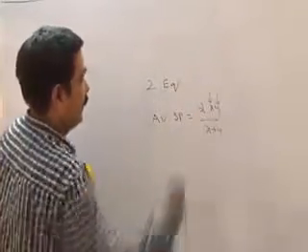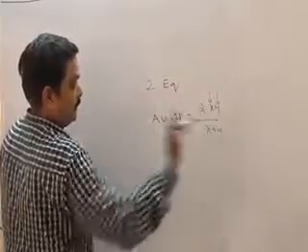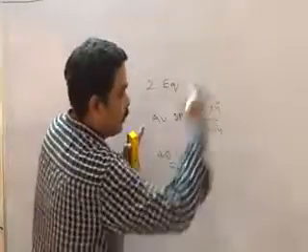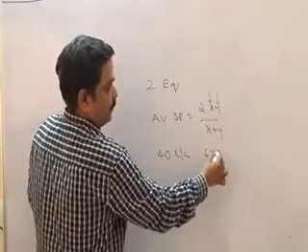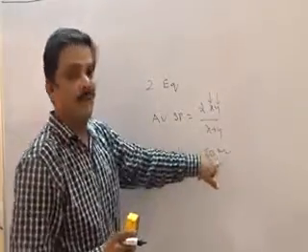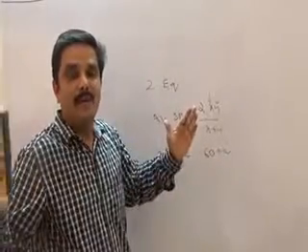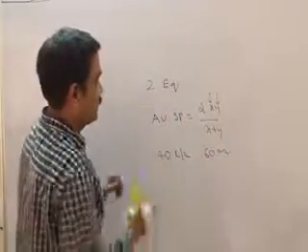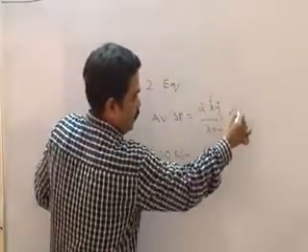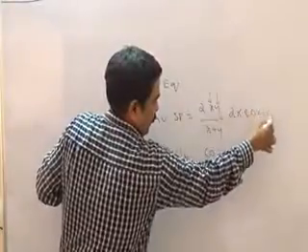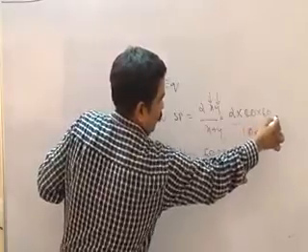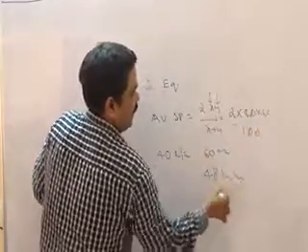For example, a person travelled a distance with a speed of, let us take 40 kilometers per hour, and an equal distance at 60 kilometers per hour. Alright, in this case what happened? In both the cases, the distance travelled is the same. The distance is being divided into two equal parts. When the distance is divided into two equal parts, straight away the average speed is equal to 2 into x into y by x plus y, that is 100. So my answer is going to be 48 kilometers per hour.